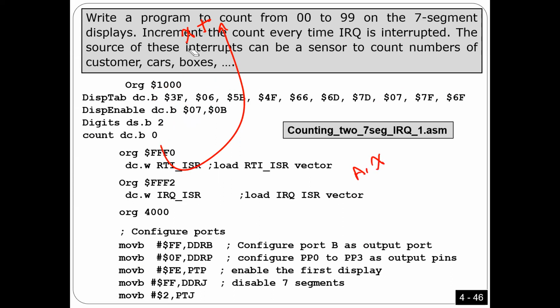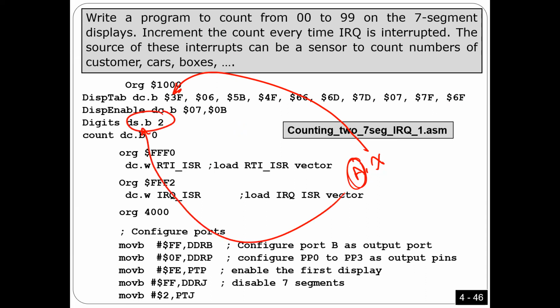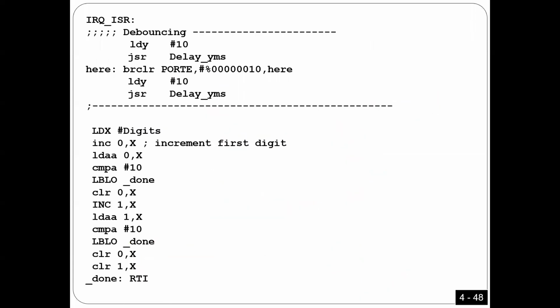And X should be here. X should point here. A should come from here, the digit. Which digit? Is that okay? That's what I did. So what I did here, guys,